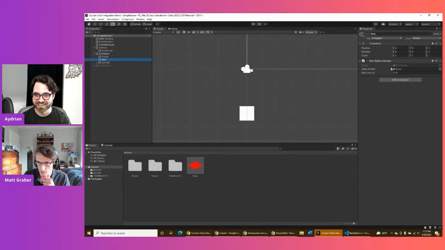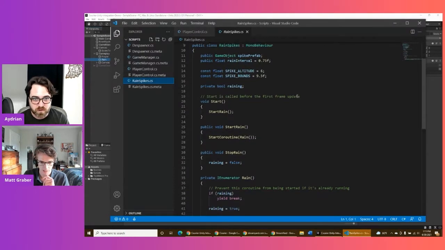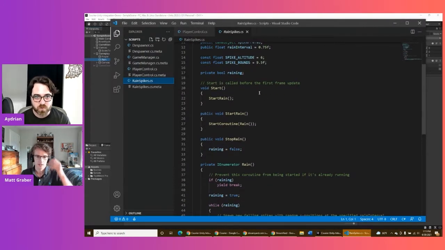So what we have here in this script is we're taking the reference to that spike prefab. Okay. And so that way this script knows what to instantiate. So what we have it doing is as soon as the script is loaded, so right when you hit play, the start method is called. That's just a callback in Unity. Okay. And then we have it calling the start rain